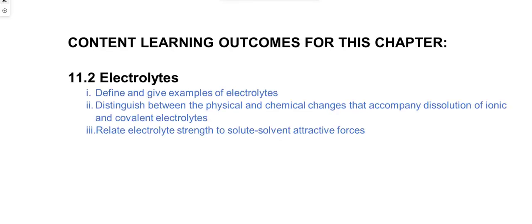So after this subchapter on electrolytes, you should be able to do three things. One is define and give examples of electrolytes. You should be able to distinguish between the physical and chemical changes that accompany dissolution of electrolytes. And you should also be able to relate the strength to the solute-solvent interactions that we talked about in the